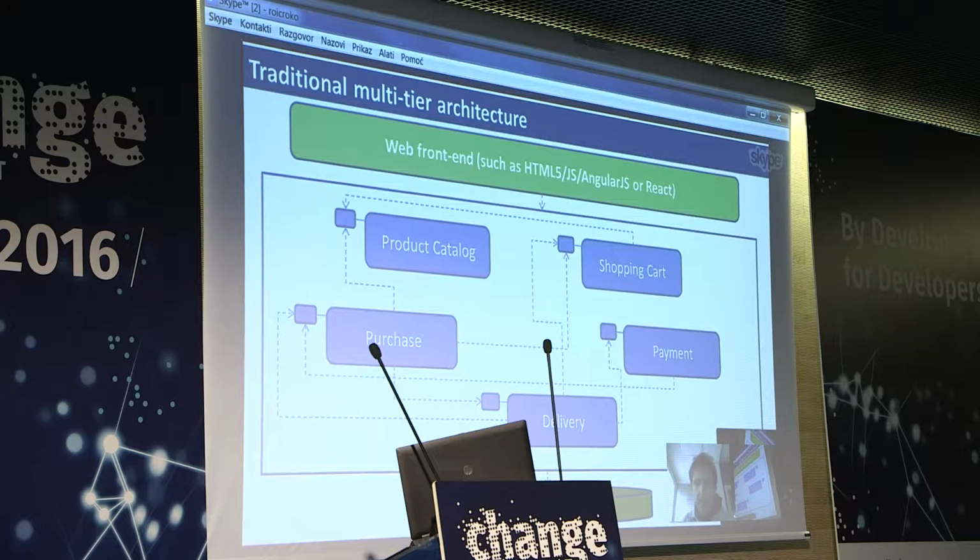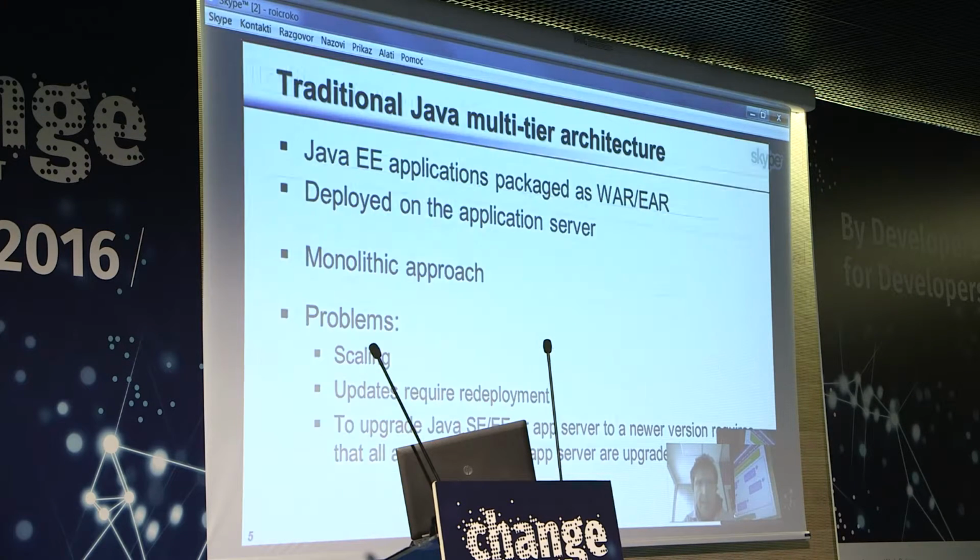Now, doing this traditionally, either in Java EE context or using some other technologies, we would package this application as a whole and deploy it, in the Java world, on a Java EE application server, in some other technologies on some other application server or deployment technology, doesn't matter. So in the Java world, we would basically deploy the solution to an application server using a monolithic approach. What does this mean? We would package this in a single WAR or EAR and deploy everything as a whole